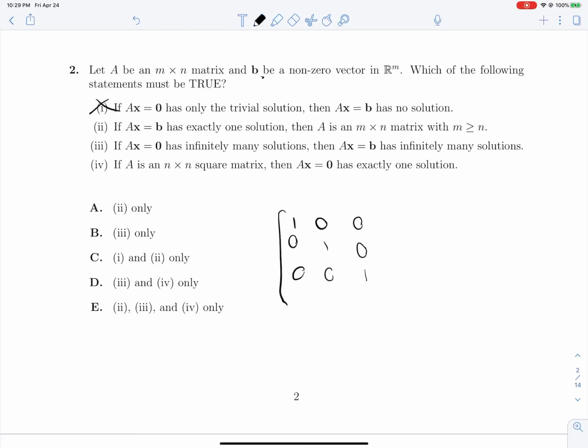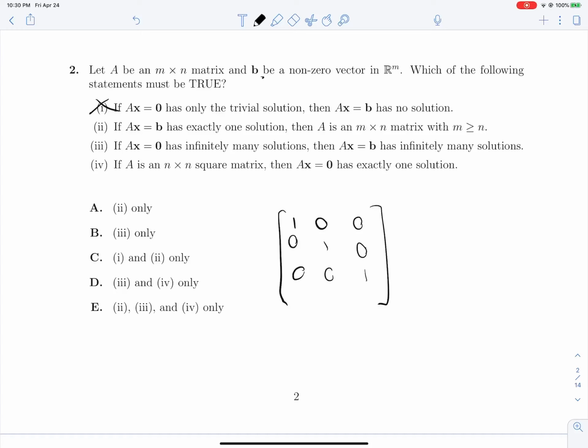If we add a column, it doesn't matter what that column is, because our first three columns already span R3. We're trying to fit a fourth vector into the span of three vectors spanning R3. There is no place for that fourth vector to go without already landing in the span of the first three. And as a result, we see that just by this pretty quick and dirty example that this has to be